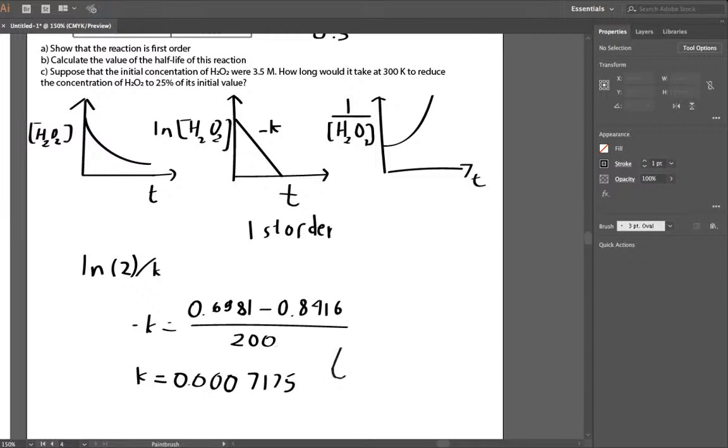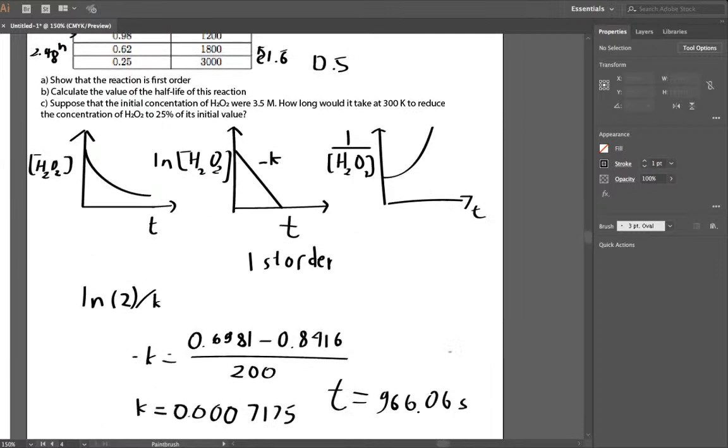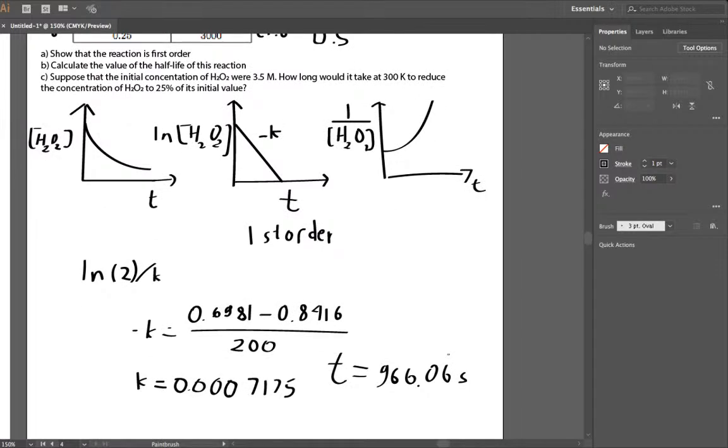So the t here, the time that it would take, would be 966.06 seconds. Oh wow. We have finally managed to find the time. So yeah,